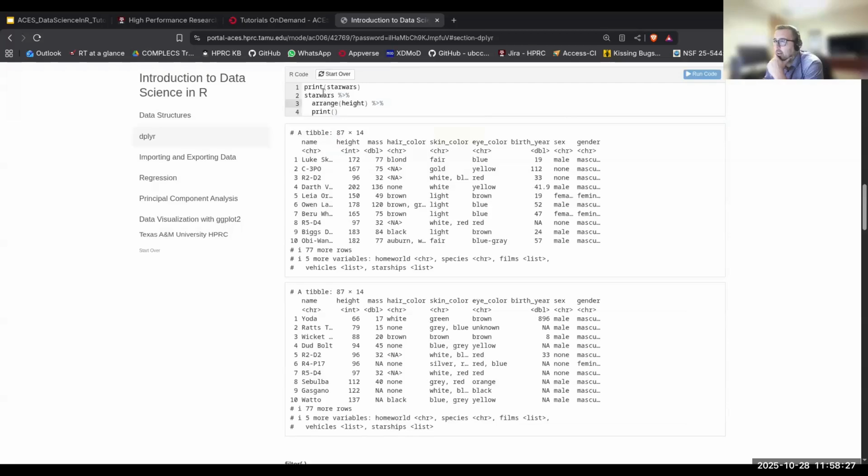So now if we take it and use this dplyr style syntax, taking Star Wars, piping that into